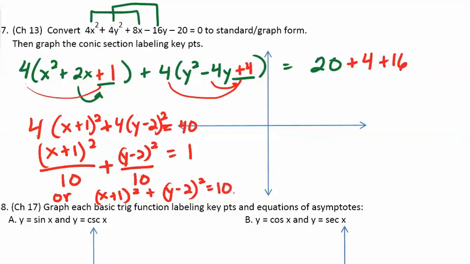So what do we know here? We know that the radius is the square root of 10. So either of these two forms would be perfectly fine. Our center is at -1, +2, and our radius is the square root of 10, which is a little bit more than